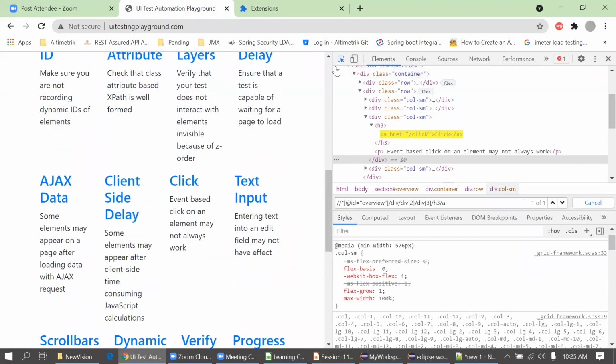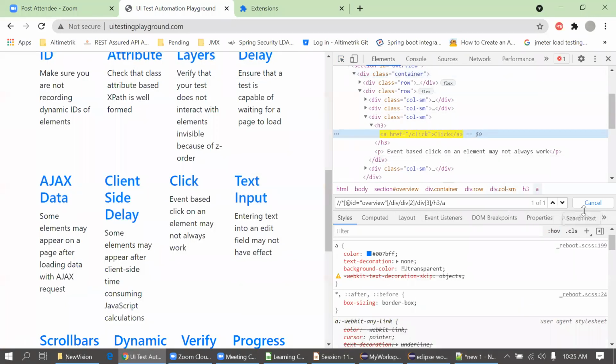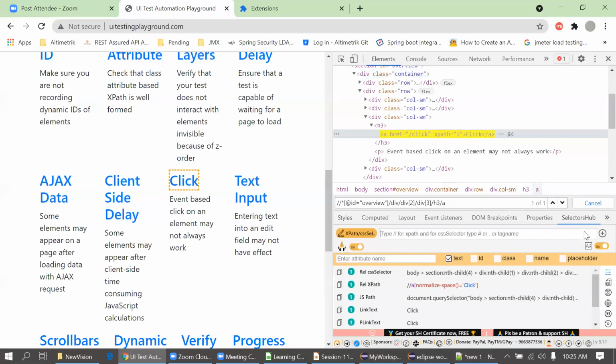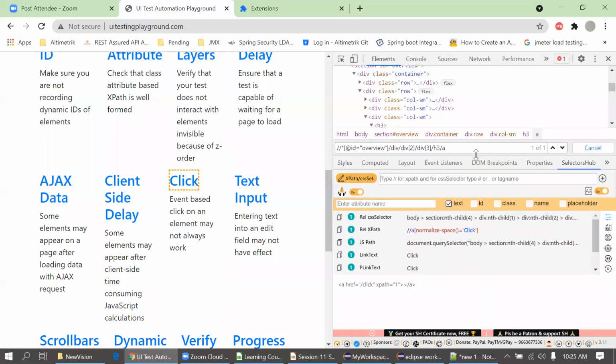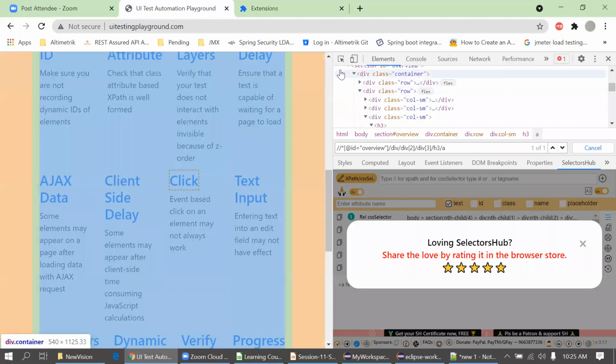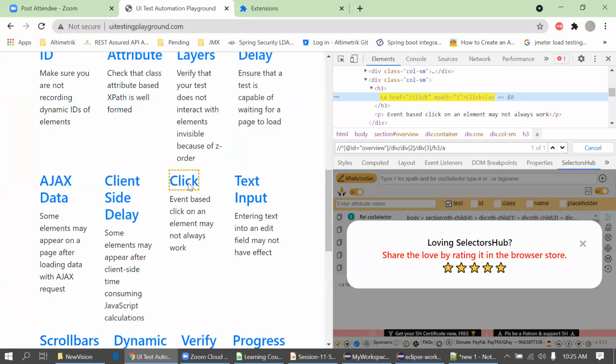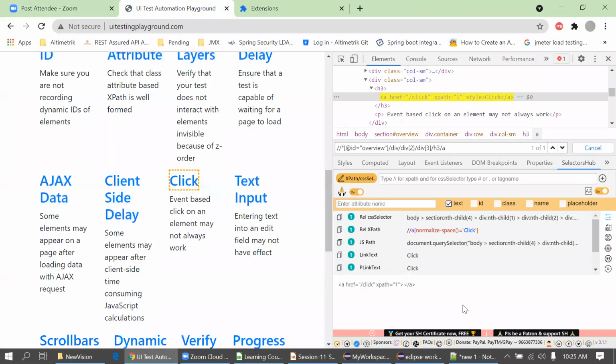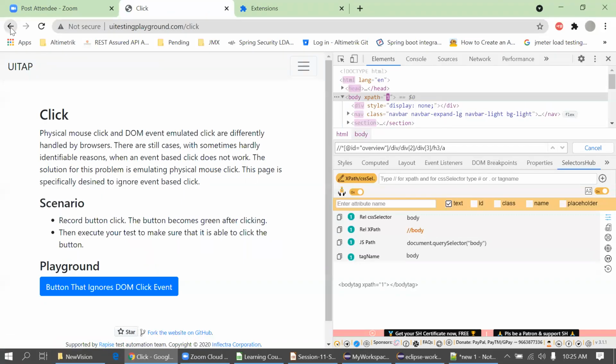Suppose now I'm hovering the mouse over this click. Here you will get the option for SelectorsHub, you can see it on the right hand side. Again, I'm hovering the mouse over click.